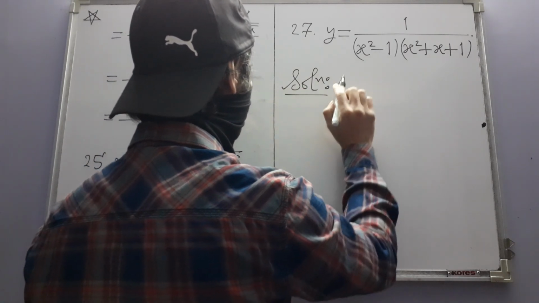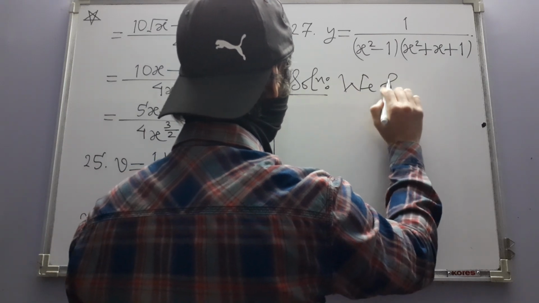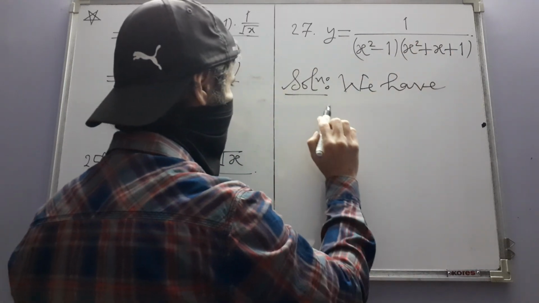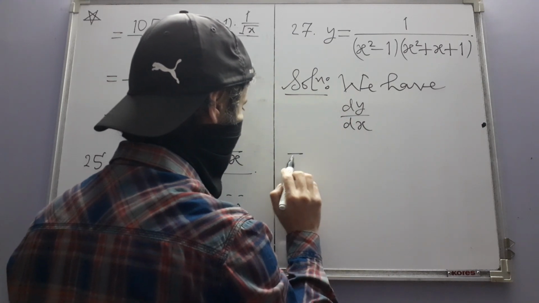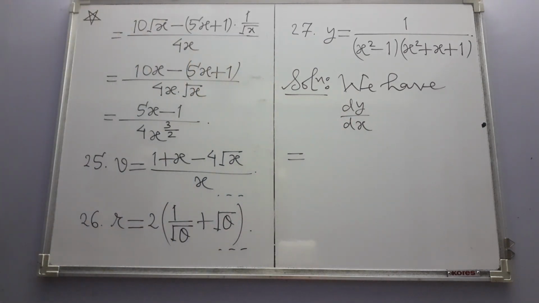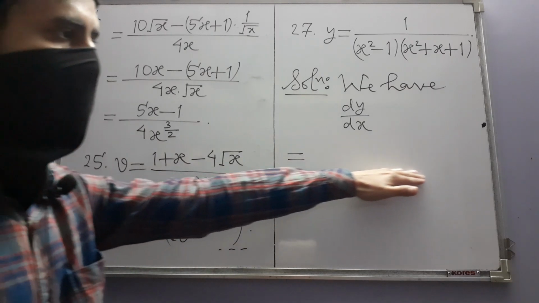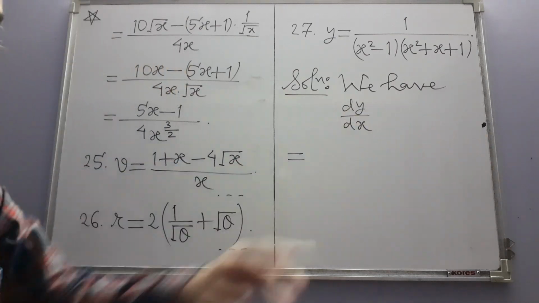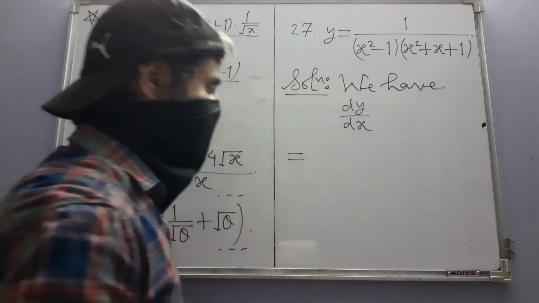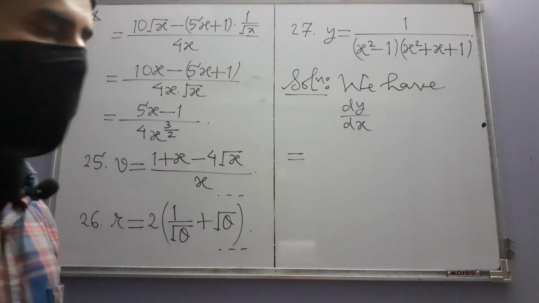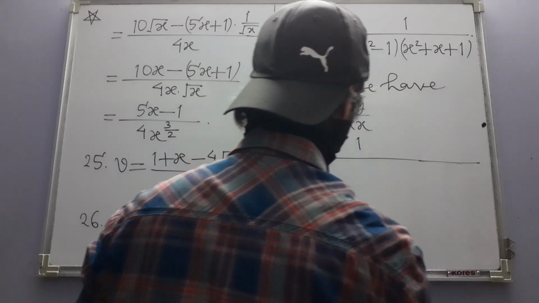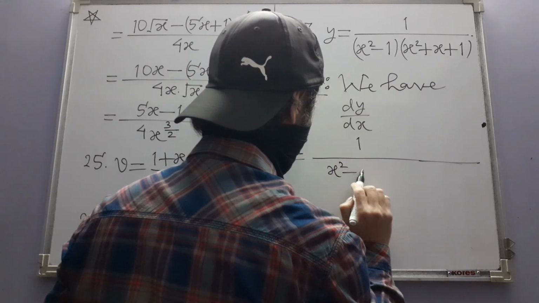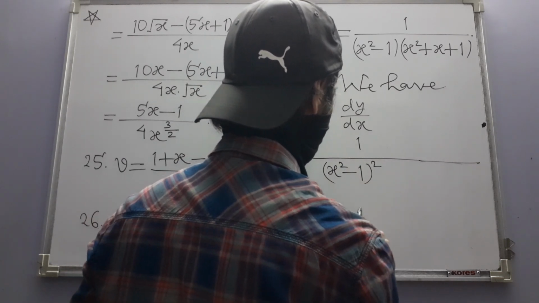So let's just do that. We have dy dx equal to, okay. Now, of course, I have to write the denominator separately because it will take some space. So what do we do? We first square the denominator. Let me write that part separately like this. Squaring the denominator means squaring both these factors